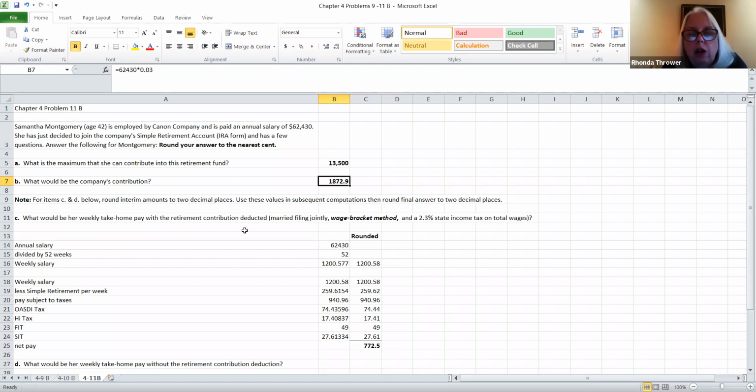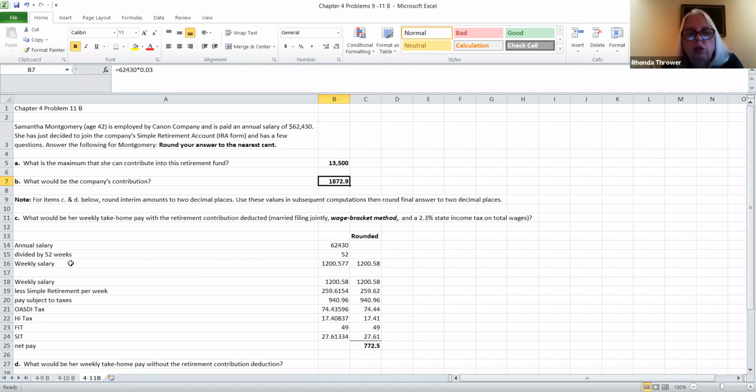So the retirement contribution is not taxed for federal income tax purposes. It's only for federal income tax purposes that we would not tax the amount that was contributed to the retirement. There was an annual salary. This employee made